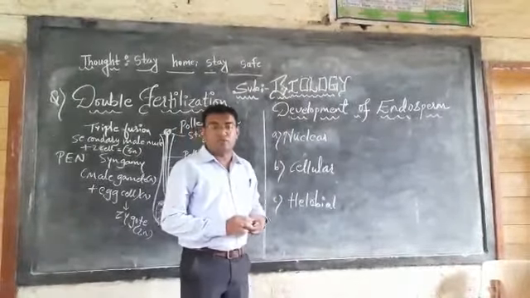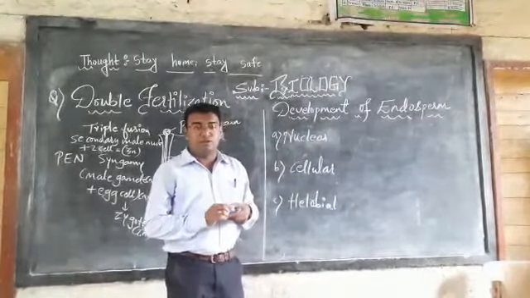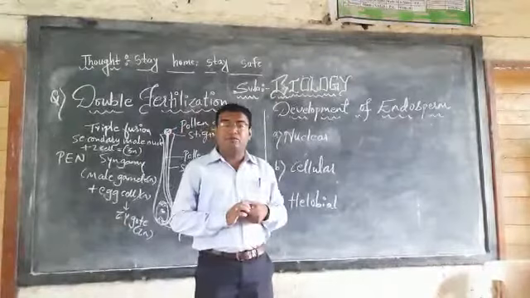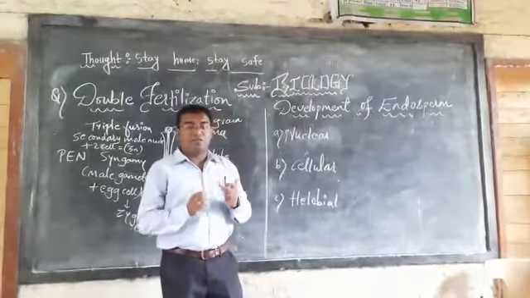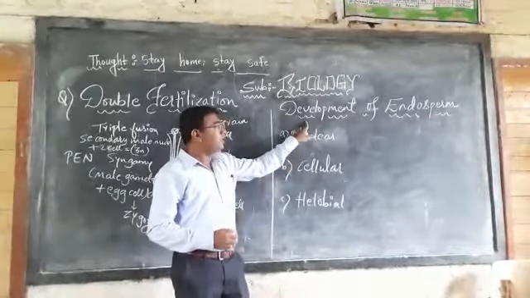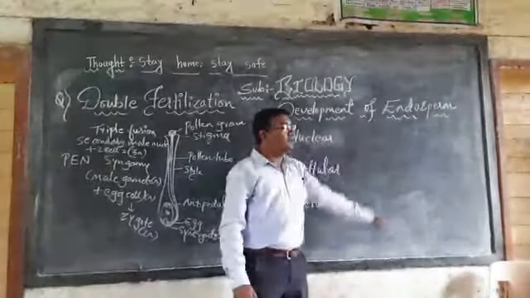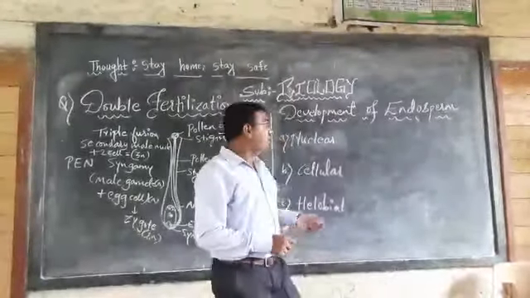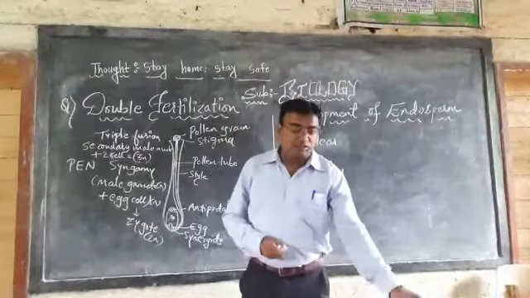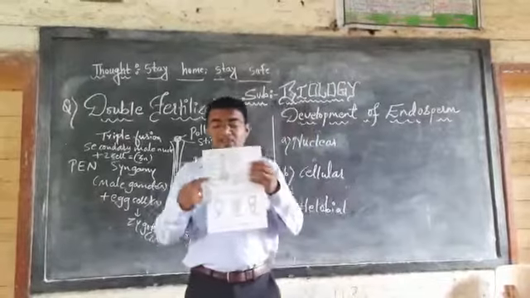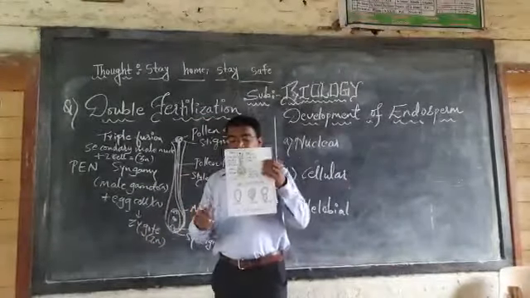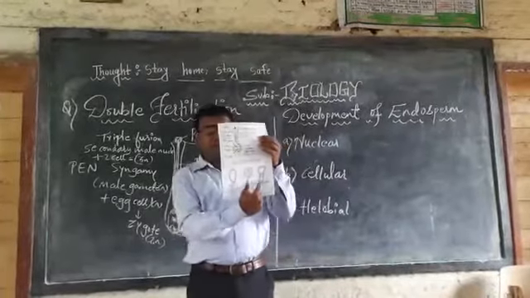Endosperm is a nutritive tissue which helps in the formation of the seed. Nutritive means what? In the initial stage of the embryonic stage, the cell is provided with nutrition for its growth and reproduction, and that is provided by the endosperm. Endosperm provides the nutrition, and it forms 3 different types. Let us see the structure. As we have seen the double fertilization structure, which is represented here, now we are going to see the 3 different types of the cells.